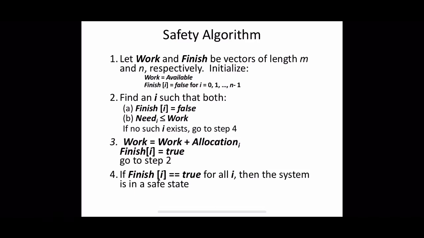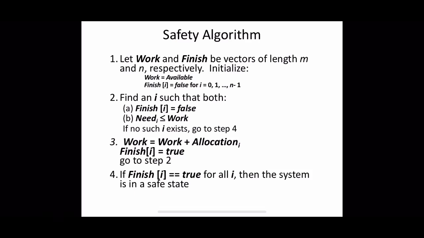The safety algorithm, as we discussed in the last session, the introduction to deadlock avoidance, receives the current allocation state of the system as input, and it finds whether there exists a safe sequence. What is a safe sequence? If you are able to arrange the different processes in the system in a particular order in which they can execute without creating any deadlock, such a sequence exists for all the processes in the system, we can say that the current allocation state is safe. If not, the state is unsafe.